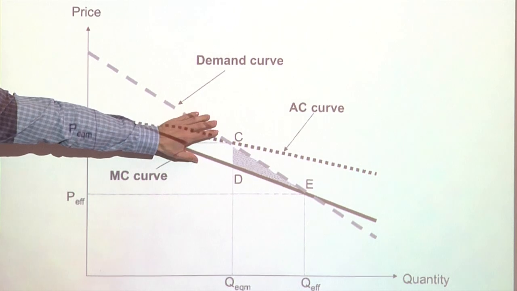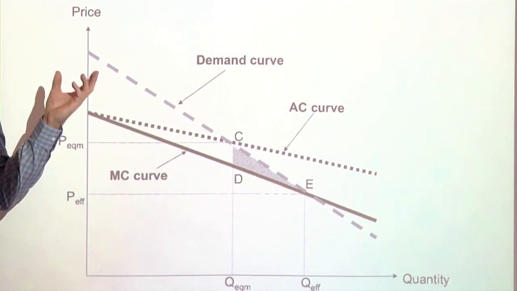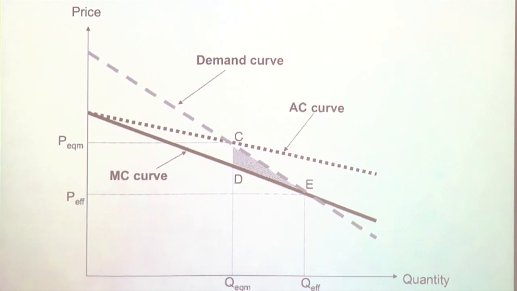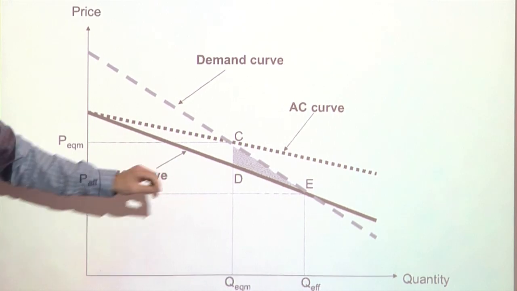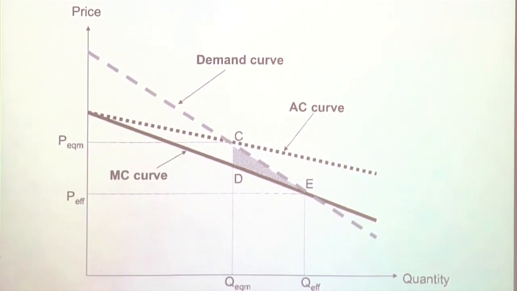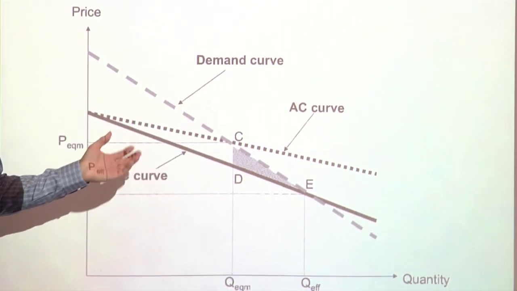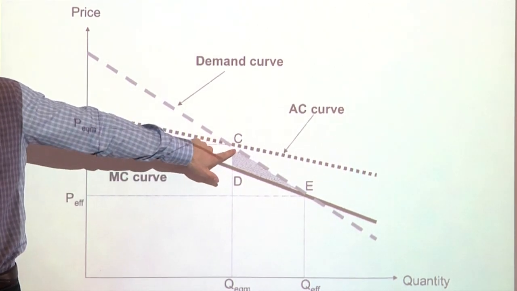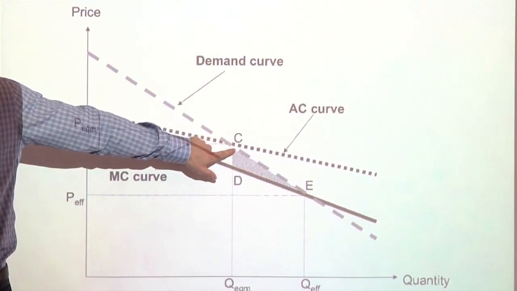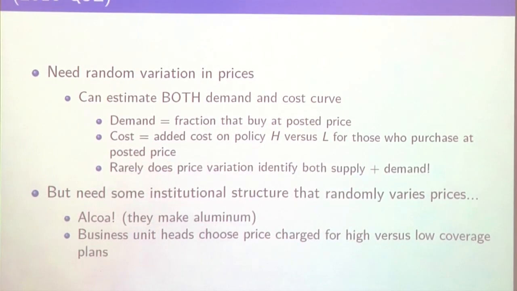How would you estimate it? What's the type of data variation that you need? Prices. You need random variation in prices, right? So in other words, we need to assume we're not at a competitive equilibrium. The prices are not coming from this point here, but rather they're given from some external, sort of crazy choices that may not represent choices that come from this point. Okay. So how does the, yeah?